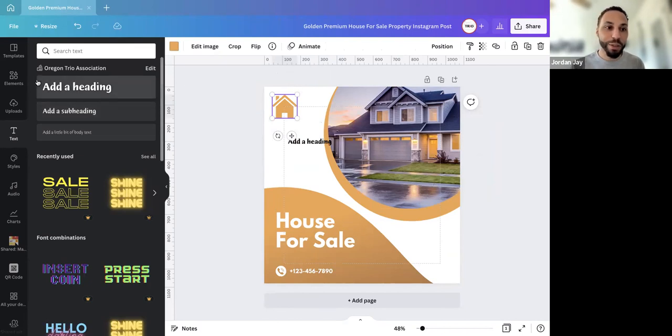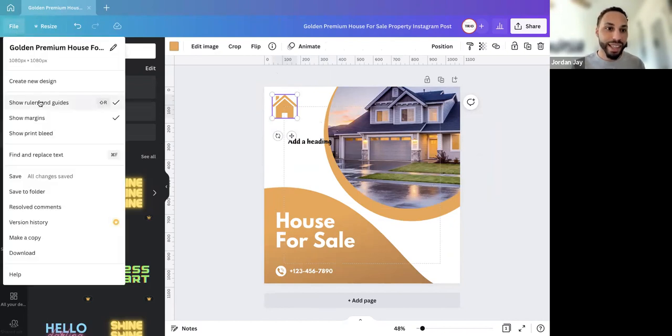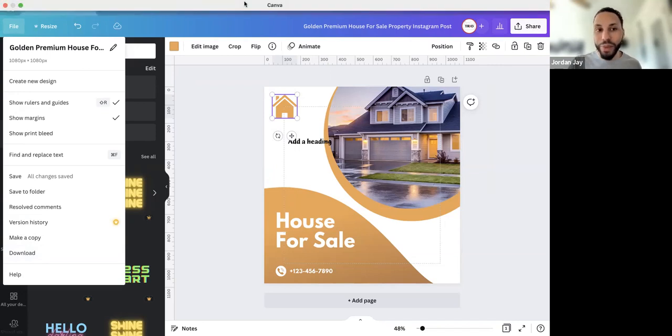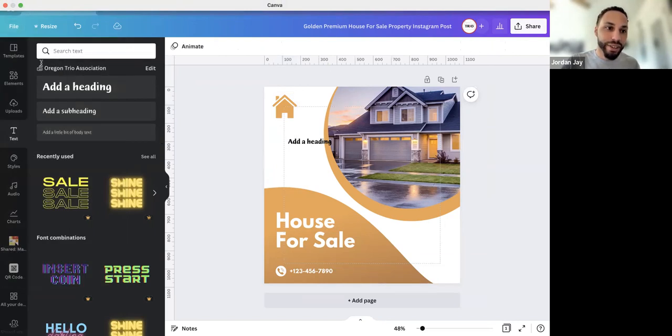But if you want to be more specific and have experience with that, rulers is a great feature as well. And then there are other things in here that are just other places to access it, like downloading. Right here, you can also download in the share, and you can also download from the home page, just hovering over the project. So lots of options for that, making it more user-friendly.